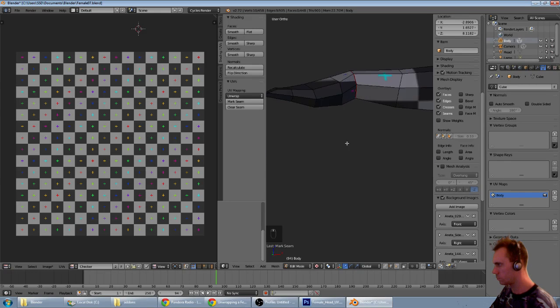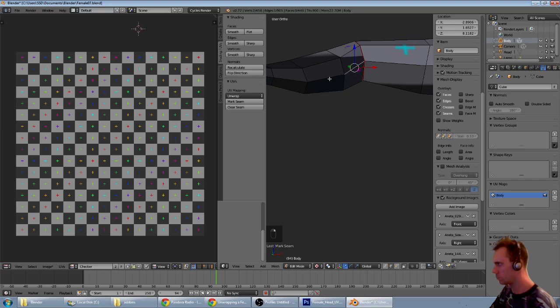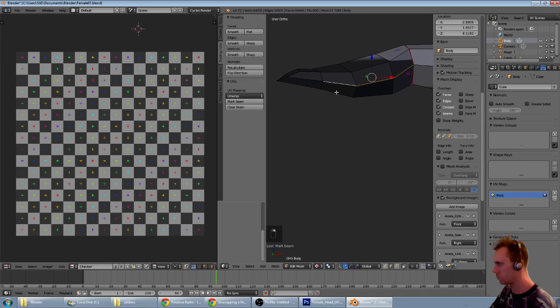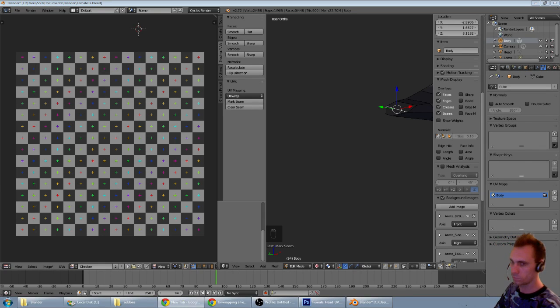Okay, and now on the pinky here, I'm going to end the seam right at the edge of the pinky and not continue it. I'm going to hit Control E and mark that seam. Then I'm going to go back and do the same thing along the thumb as the rest of the fingers, except for the pinky. And then I'm going to continue that all the way down the side of the hand, right